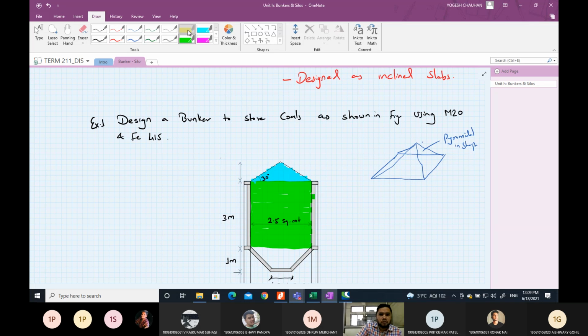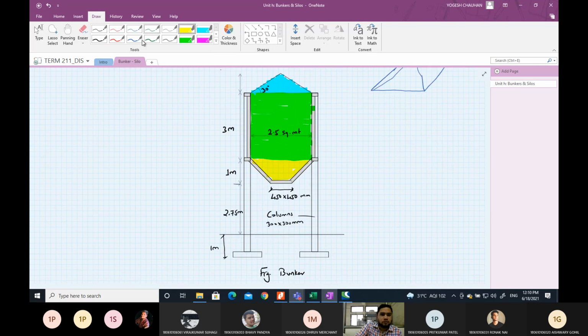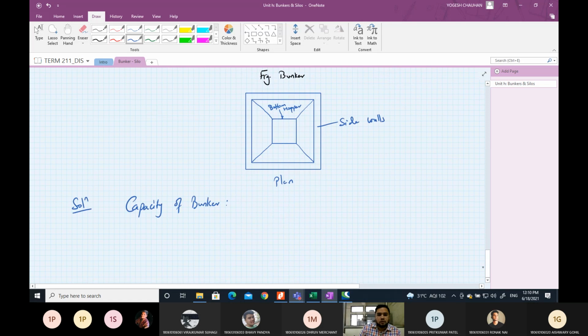And you have to find the volume occupied within this much space. So we call this as V1, this as V2, and this as V3. So your V1 will be equal to